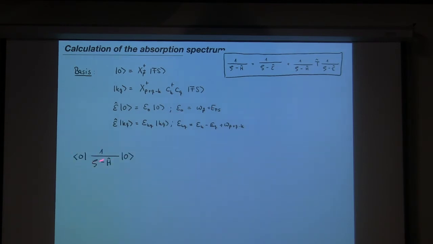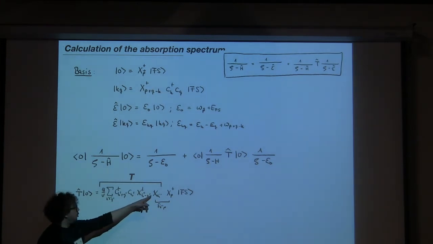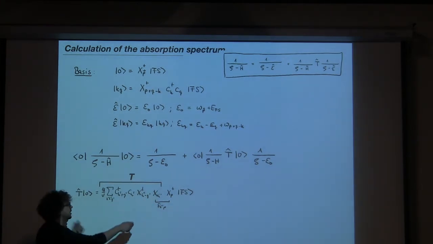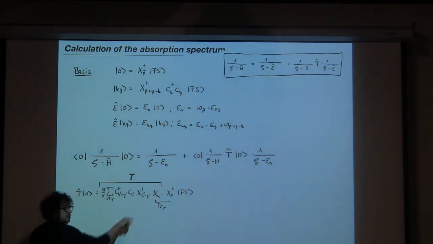Then we can calculate the matrix element of this equation with respect to 0, because that's the final object which we want to calculate. We can just plug this in. Here we get the energy expectation eigenvalue. And now we see that we have to stop because now 0 hits this operator t. So if you take this t hitting the 0 state, well, that's the interaction operator which will kill the impurity at some momentum p and put it into a different momentum state.